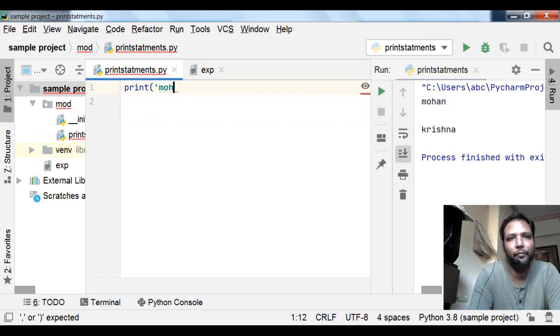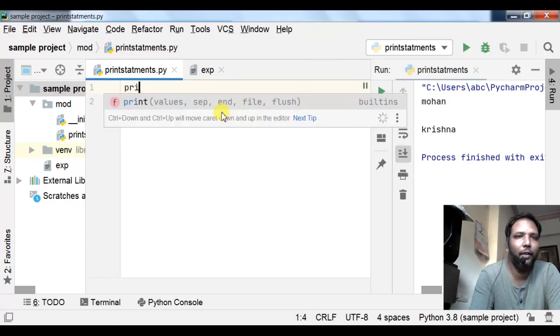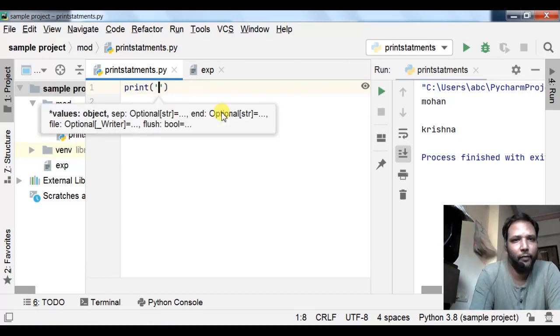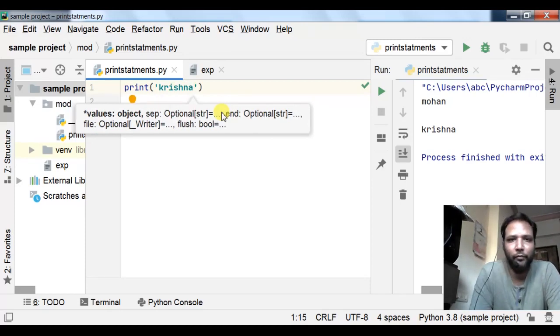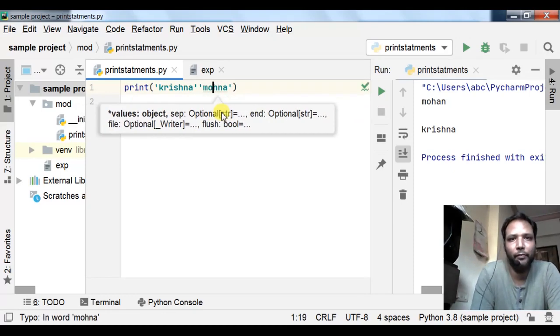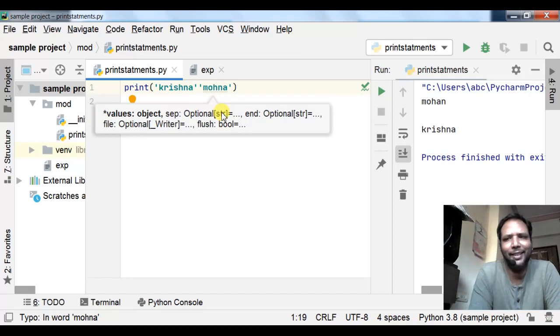See here, print, single quotes. This is one string. I am taking another string, Mohan. You may say you can use them in the same function, so why use them separately, and write it directly like this.